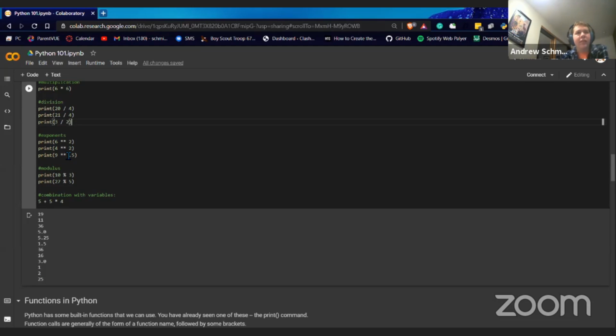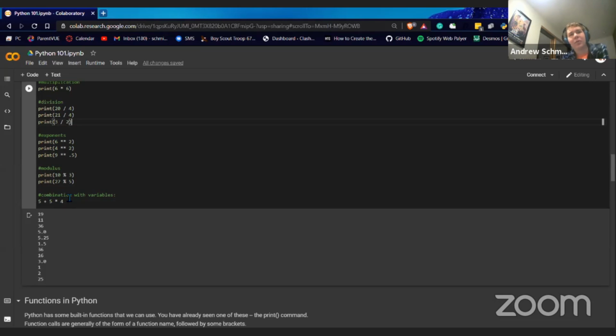So modulus might not look like it's going to be used a lot, but if you're doing something like trying to find an even or odd number, it definitely comes up a lot, because you can take any number, do modulus 2, and if that is equal to 0, then you know that it's an even number. You can also use it if you're trying to find something like every 5 things in a list. The last thing I'd like to talk about when we look at math in Python is PEMDAS,